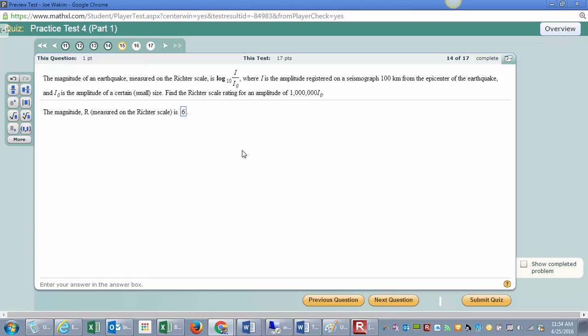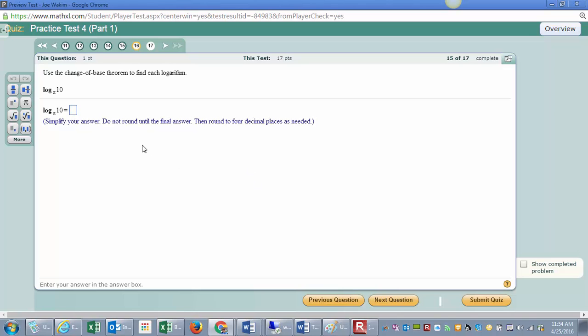I think it is. So all we have to do is substitute I, 1 million I0, cancel the I0, log of 10, this is 10 to the power 6, move the 6 outside, 6 log of 10 base 10 is 1, 6 times 1 is 6. Number 16,